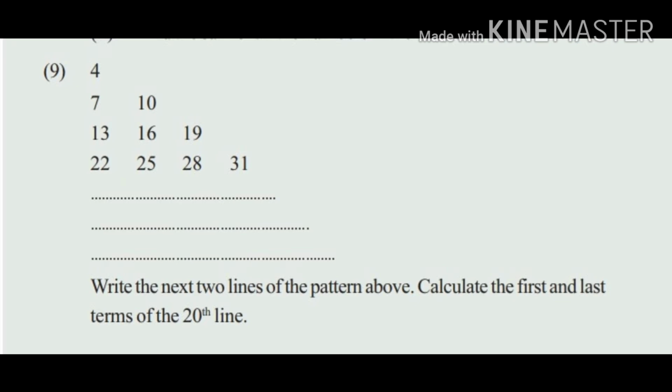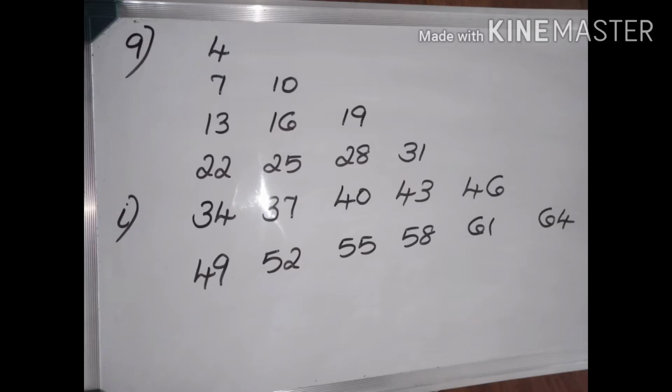So let's start with the problem. Here we can see that 3 is the common difference. So this is the first sub-question's answer. Up to 31 we have. So 31 plus 3 is 34, then 34 plus 3 is 37, like that you have to write. So we write the 5th row and 6th row. The 5th row has 5 numbers, then the 6th row has 6 numbers you have to write. So this is the first sub-question's answer.